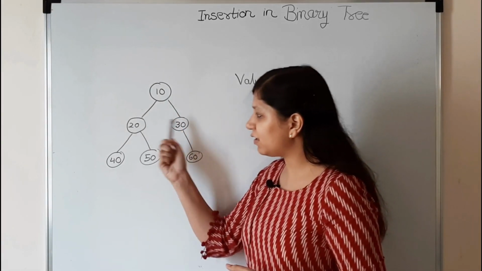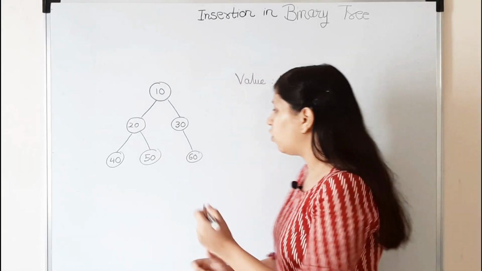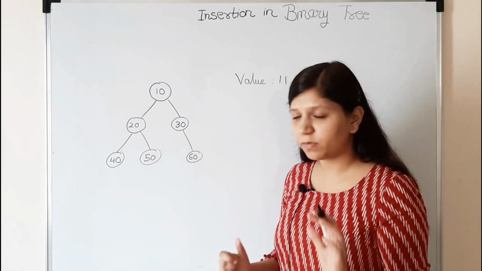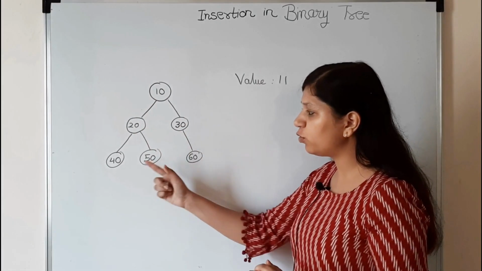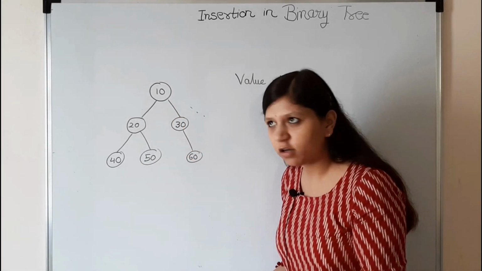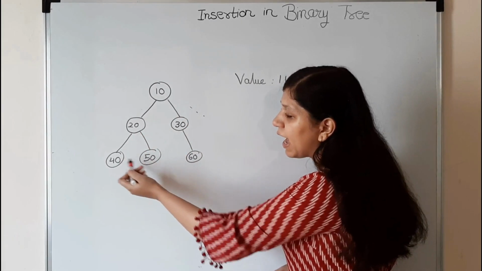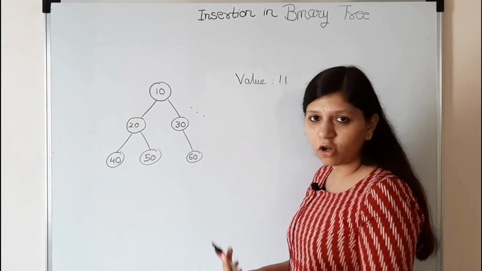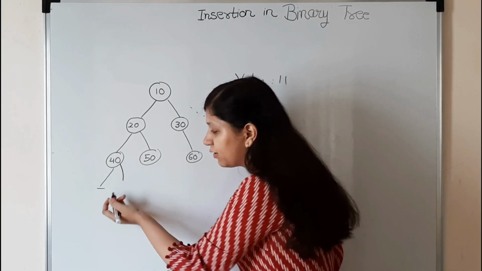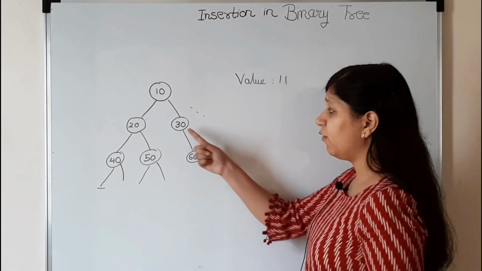Now, if you see in this tree, binary tree has only one condition, that all the nodes can have at most 2 children, not more than that. Correct? Now here if you want to do this insertion, can you insert it after 10? Of course not. There would be 3 children, it is not possible. After 20, it already has 2 children, so we cannot. After 40, yes, you can, at the left or at the right, you can insert this. After 50 as well.